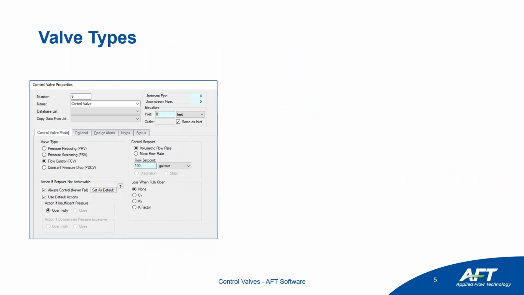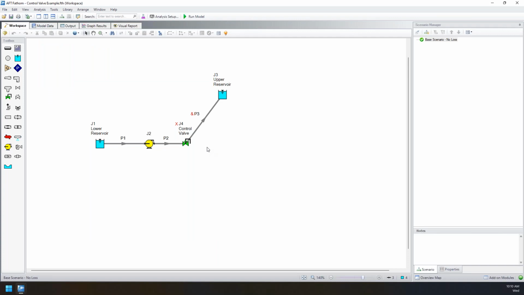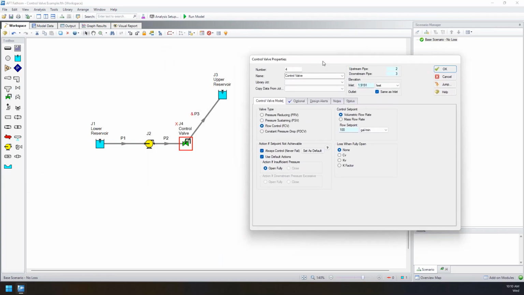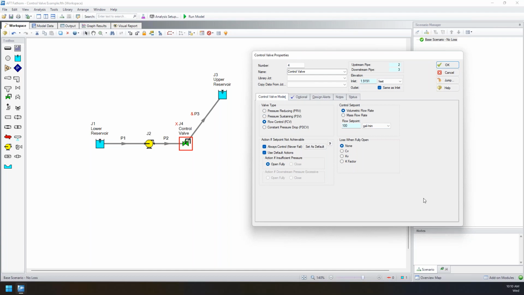So here we're taking a look at the control valve properties window. Let's jump into the software real quickly to show the control valve itself. And the control valve, if you're not familiar with our software, we have a series of pipes and junctions. The control valve is obviously the junction that controls things like flow or pressure, dragged and dropped from the toolbox onto the workspace. So here, if we double click, we're just going to review everything that's within this properties window